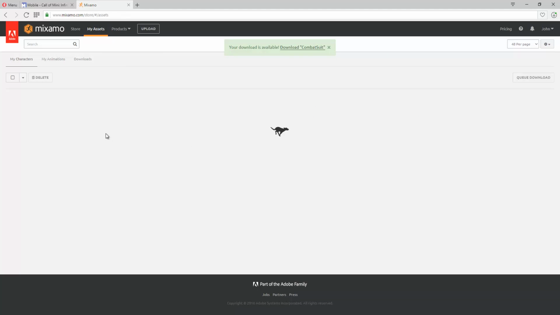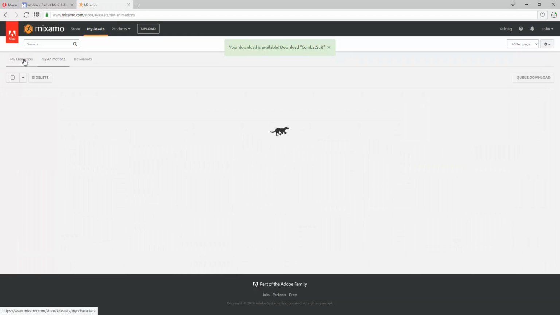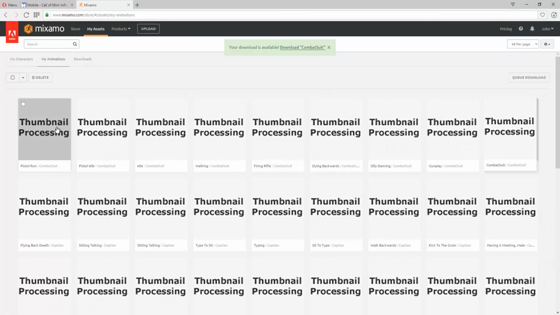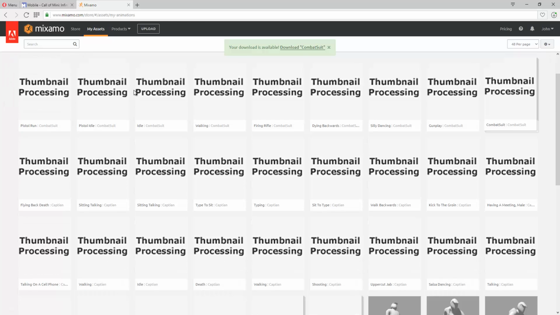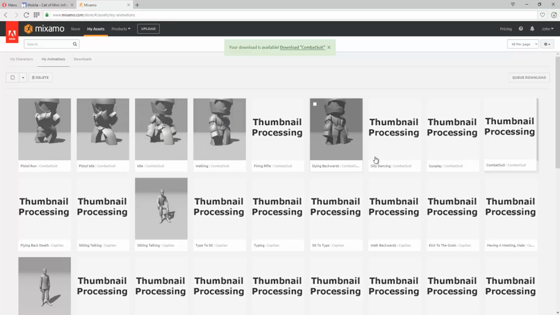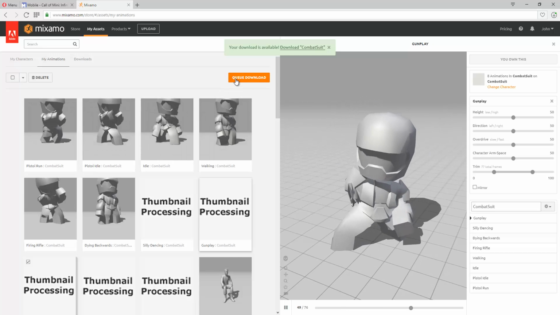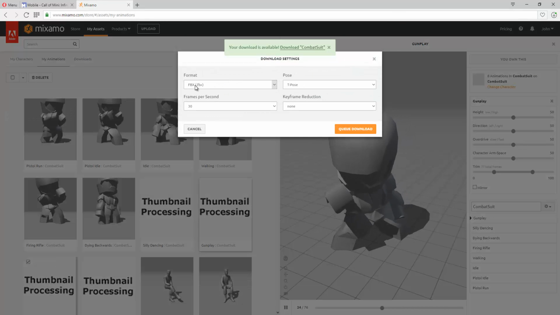Go back to Assets. Go to My Animations. And you want to look for a group of them called Combat Suit. Click that. And you want to queue that for download.